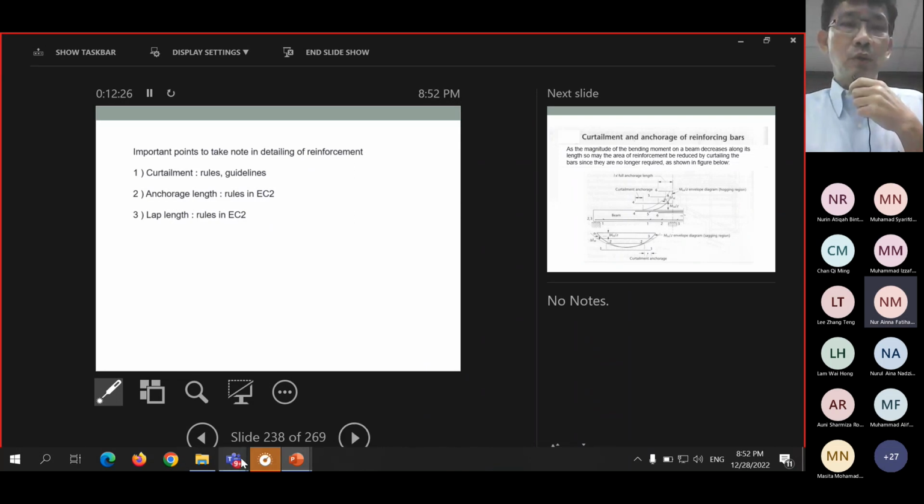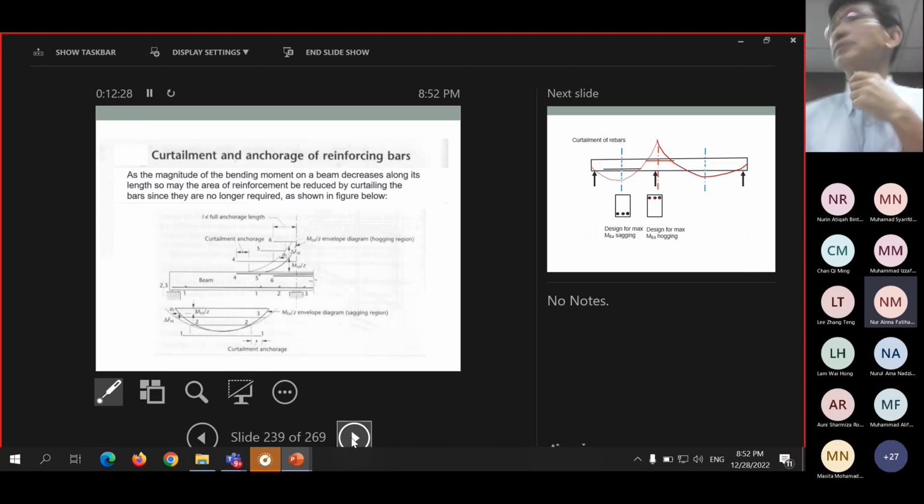Now I'm going to go one by one. The first one is curtailment. Now, curtailment, we do not have specific, very detailed rules to calculate it. Later, there are some guidelines that we can follow based on experience. Now, the idea of curtailment here is